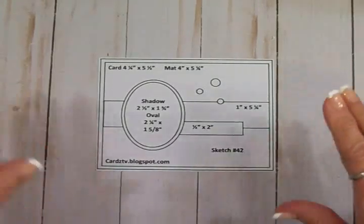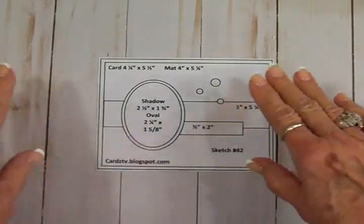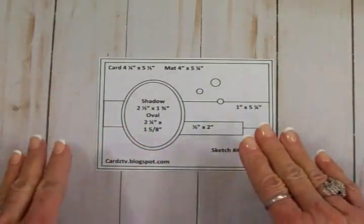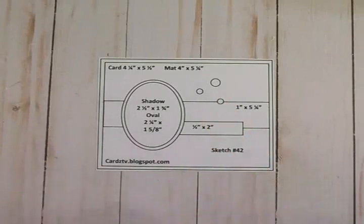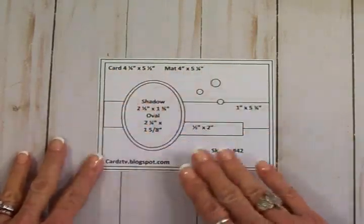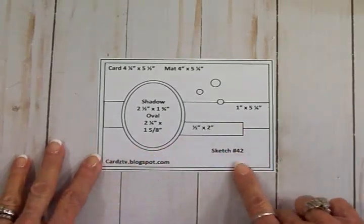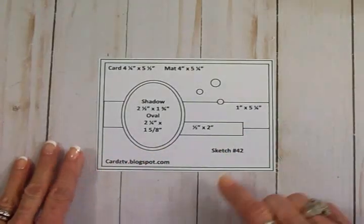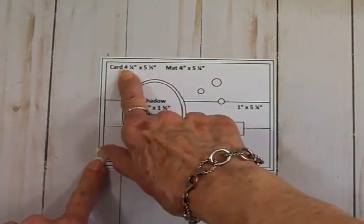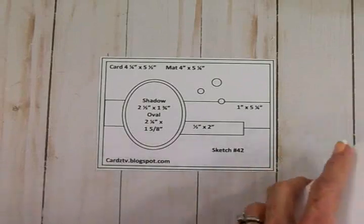Now this is a landscape card, and as I always tell you, you can change anything on the sketch that doesn't fit in with what you have in mind for your card. But I've got all the measurements on here if you want to make this exact card, and it's very simple to follow. Now we've got a card base, which is 4 1/4 by 5 1/2,